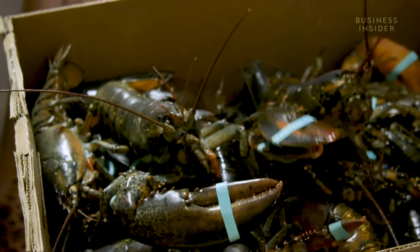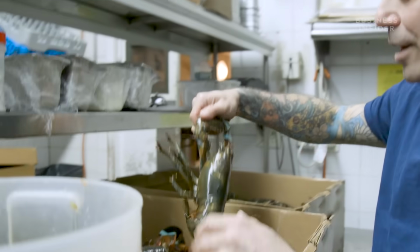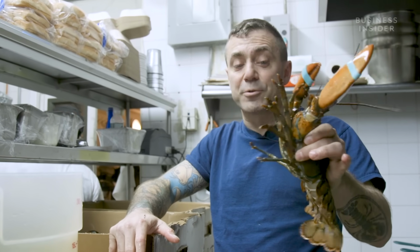So the reason why you want to cook lobsters live is, number one, because a dead lobster is not going to be good. When the lobster is dead, the meat is going to turn to mush, it's going to smell bad, and you really can't eat it. It kind of disintegrates inside the shell. And if you actually served or ate that, you're definitely going to get sick. So you always want to make sure the lobster is alive and kicking